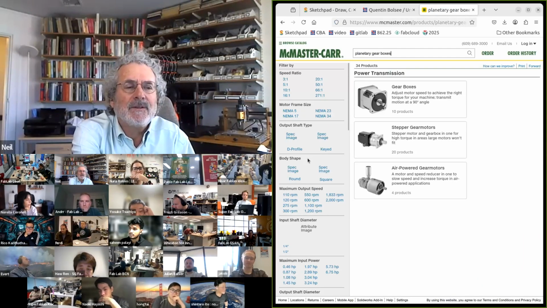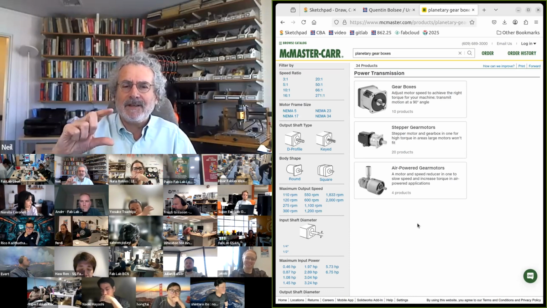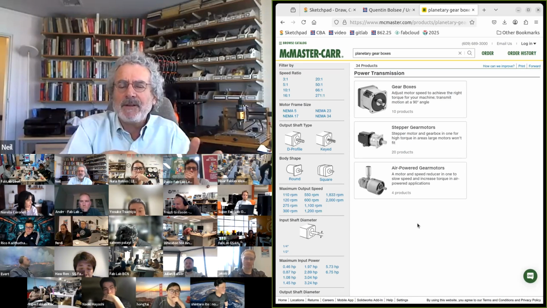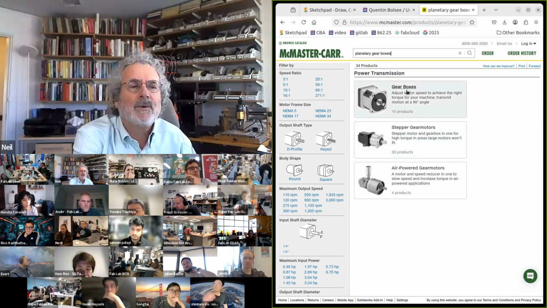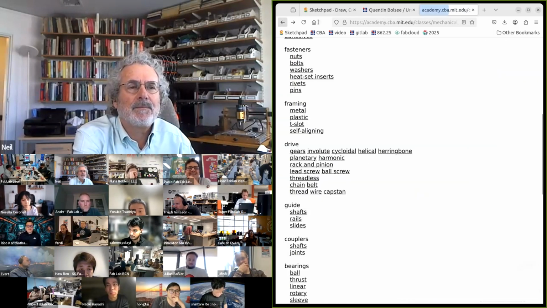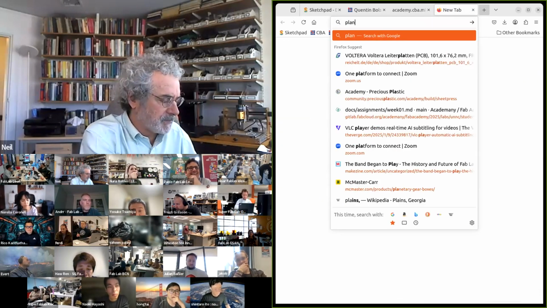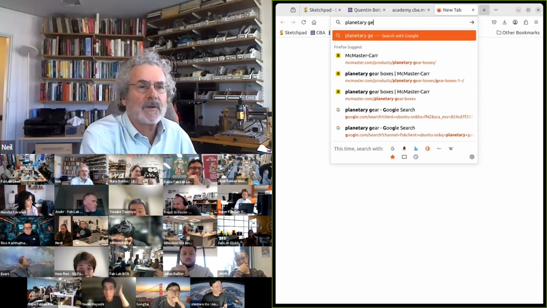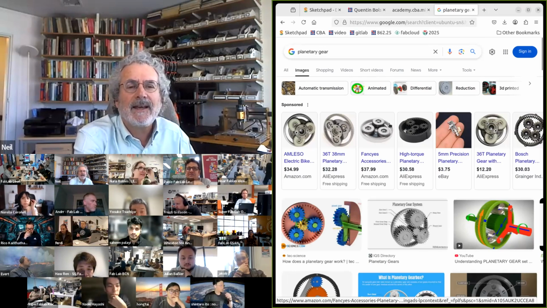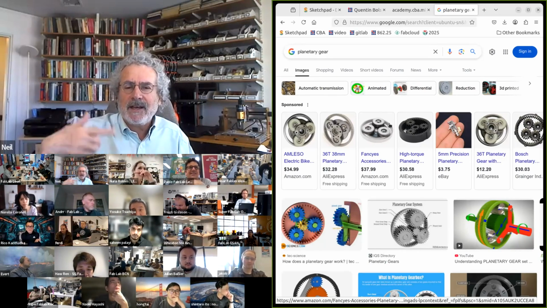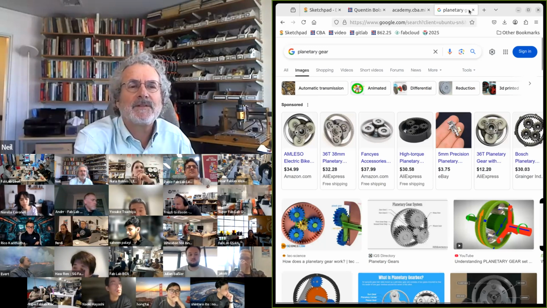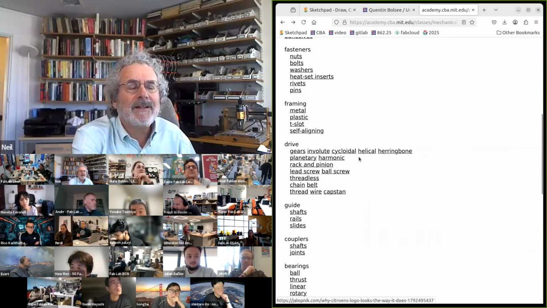Then often you need to change when we talk about motors, there's an RPM the motor is happy with that can be very different from the motion you want. So, let's see, a planetary gear looks like a sun with planets around it that rotate. And so that's a common solution to take something that's spinning quickly and reduce it down for something that wants to spin more slowly. And a really interesting,